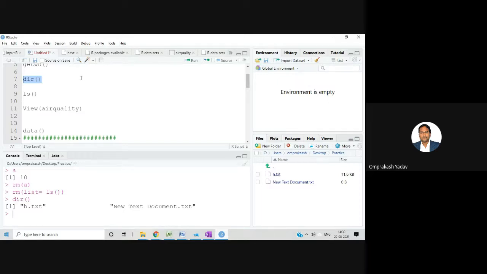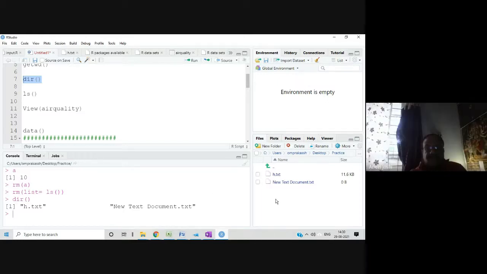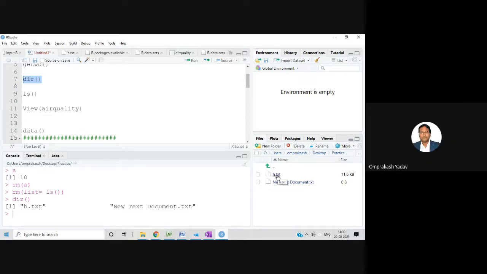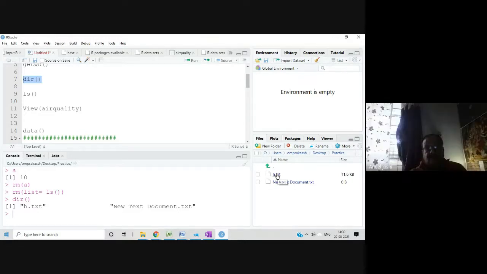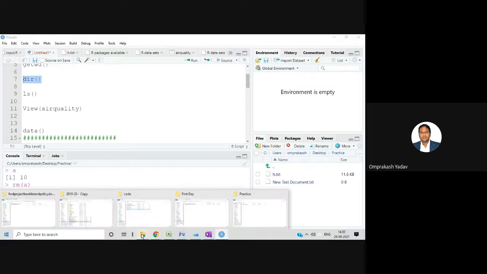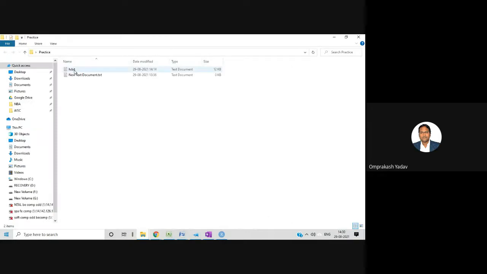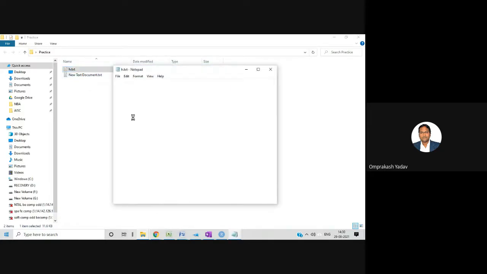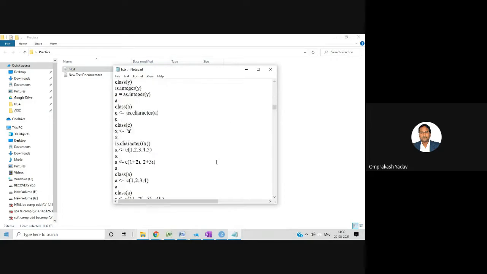If you want to read what is there in that file, how do I see that? You can just click on this one. But it's not showing anywhere. If it's not showing, you can directly go to that folder or open it by double clicking it. Sometimes it may not show even after clicking on that. In that case, go into that particular practice folder, and if you want to see the content, just double click. We have saved the history only in that particular file. So you can see the content like this.